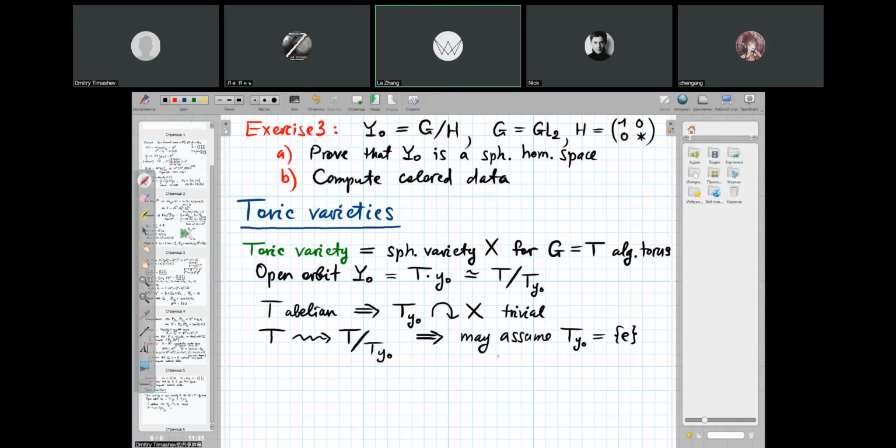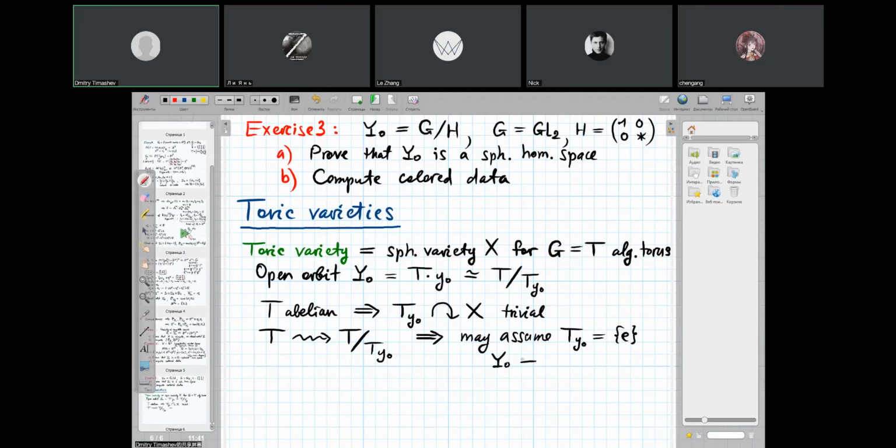Professor, is the open orbit the open G orbit or the open B orbit? Well, in this case, it is all the same. G and B and T are the same group. This is a very nice situation in which it doesn't matter which group you mention. All these groups are the same. Because if your G is an algebraic torus, it coincides with its Borel subgroup, and with the maximal torus, it coincides with all the other groups. Okay? So in this case, the orbit Y0